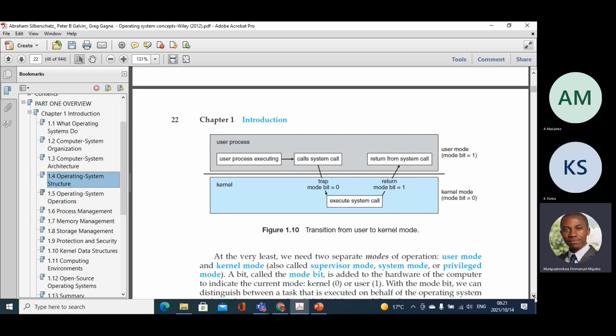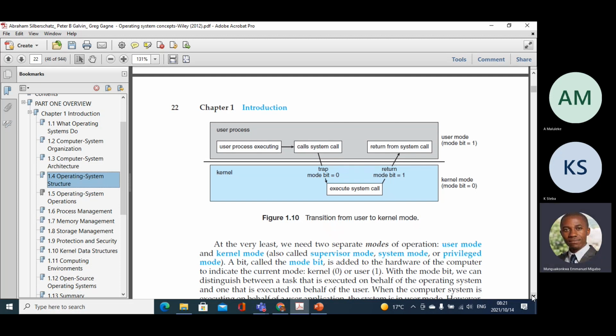Most computers boot by default in user mode, but you can decide to boot a computer in kernel mode, especially when you're doing some configurations and so on. That is done on Windows by pressing a specific function key. Now, with the mode bit,